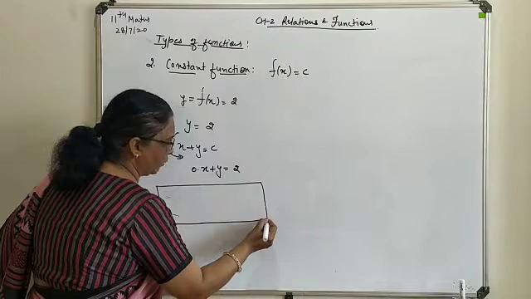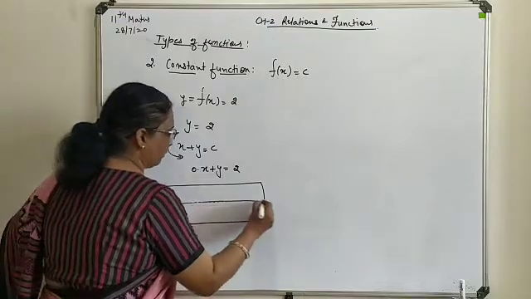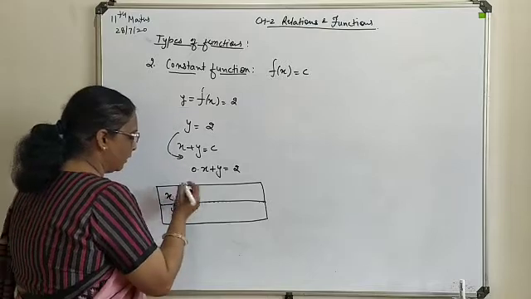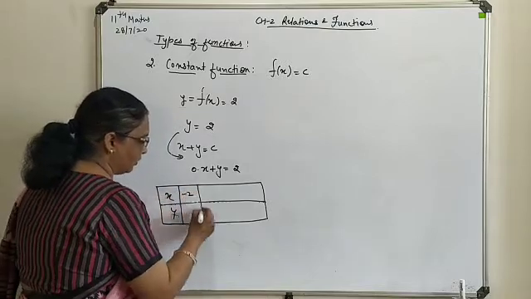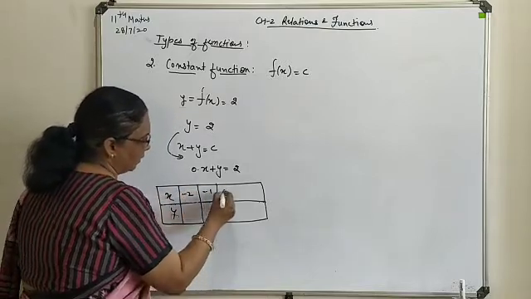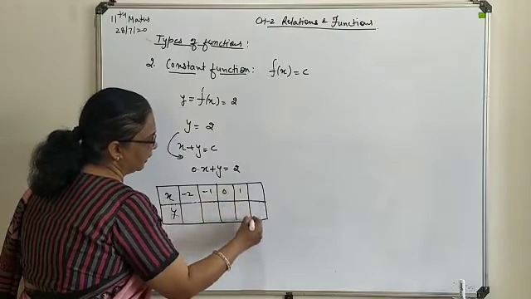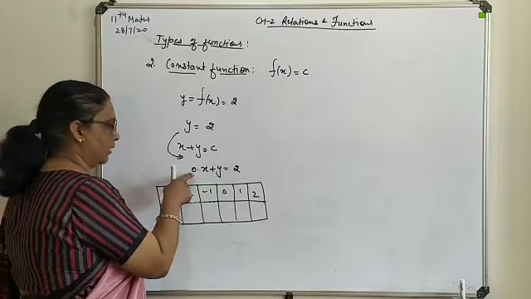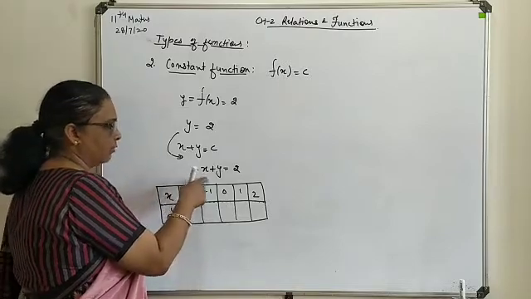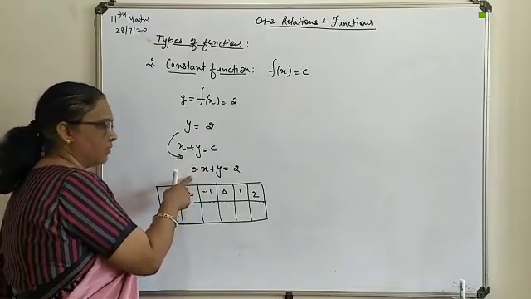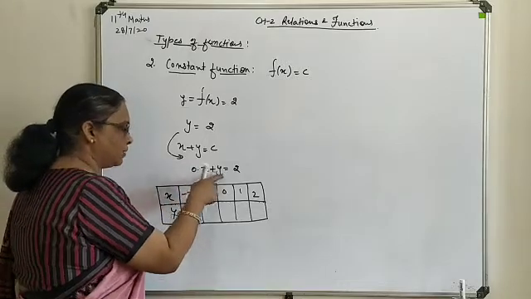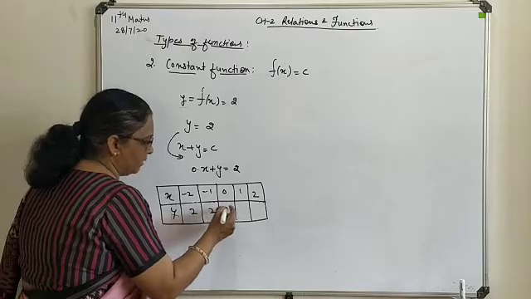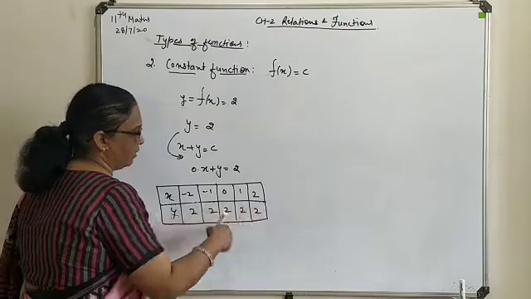Some negative, some positive solutions you take with respect to x. This is x, this is your y. Now suppose we take -2, -1, 0, 1 and 2. One by one, if you substitute the value of x here, it is multiplied with 0, and finally this term turns to 0. So for -1, the solution is 2. For -2 it is the same, for 0 it is the same, it is the same everywhere.